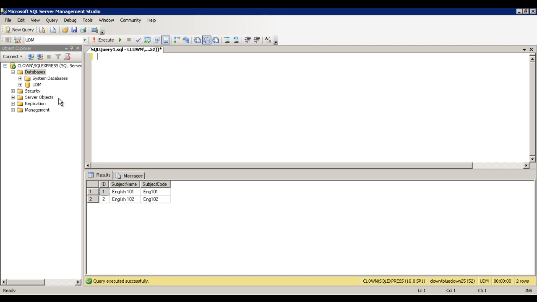Another way of inserting values in the table is like this.